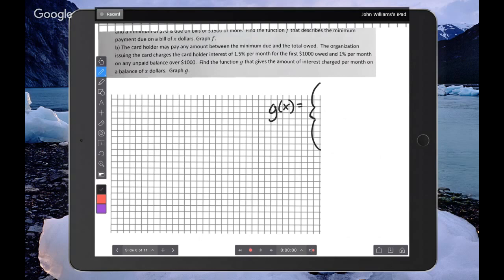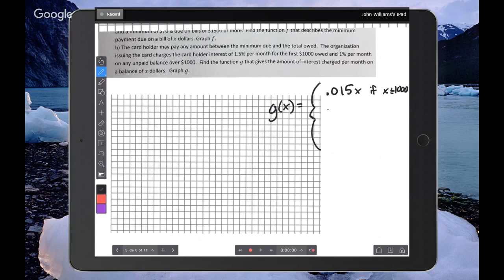So 0.01x for, oh no, 1.5%, 0.015x. We've got x less than or equal to 1,000. And over 1,000, we just got